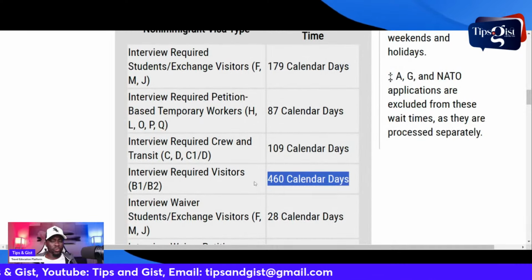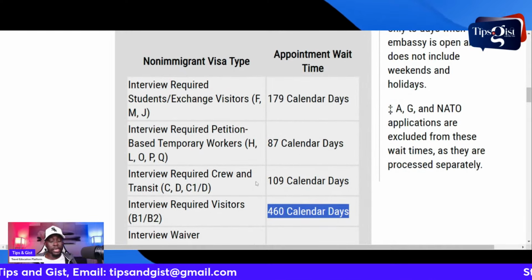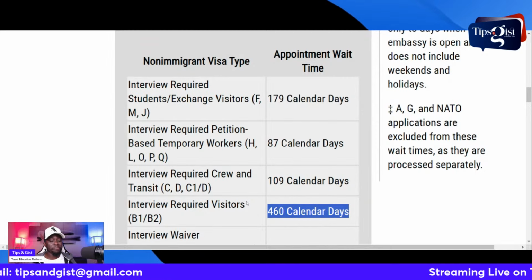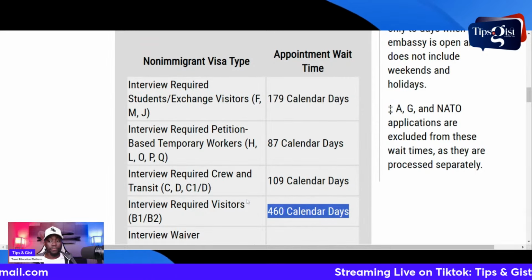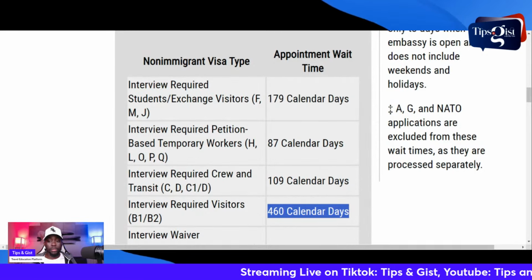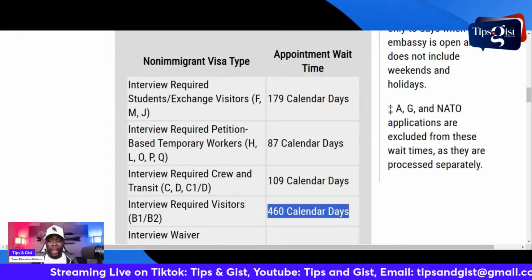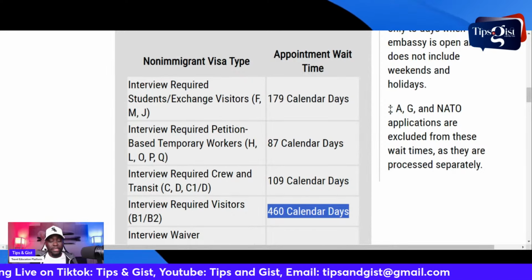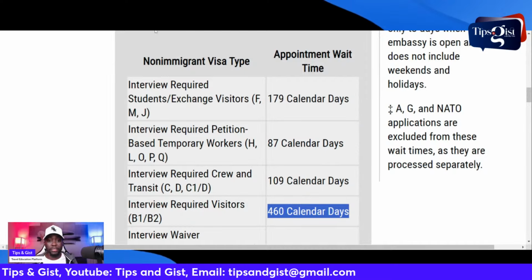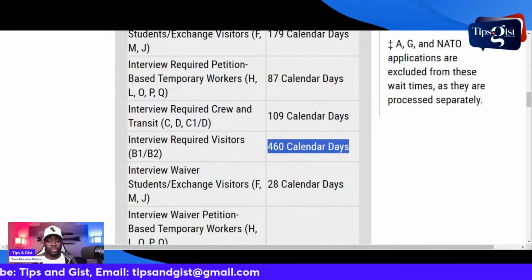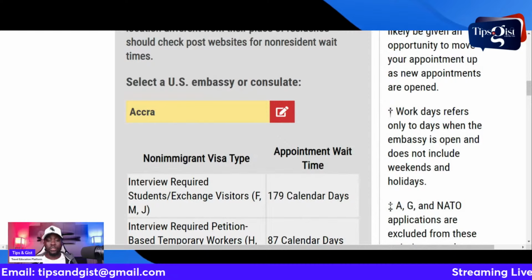So we are in 2024. That means your nearest date should be somewhere in February 2026, because November 2025 will be 1 year and 3 months, which is somewhere around February 2026. And if that is when you want to use Ghana as your appointment, that is why I have embedded the